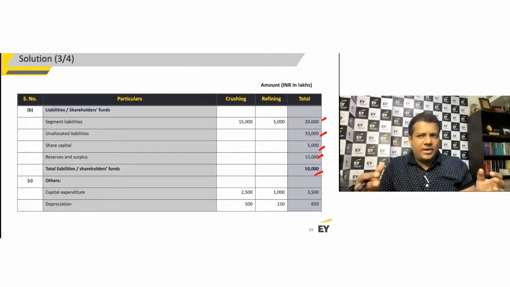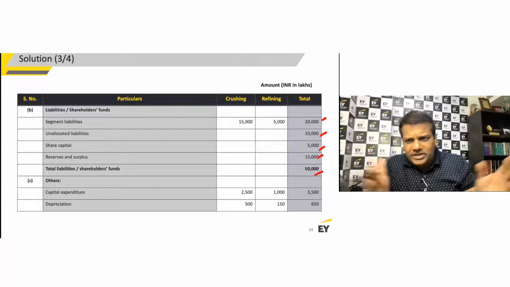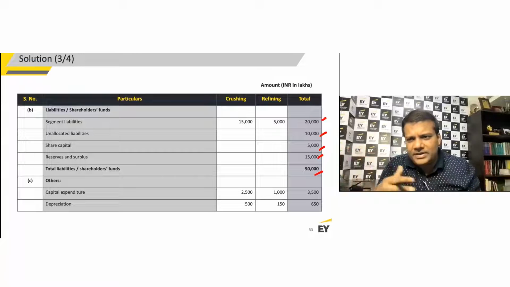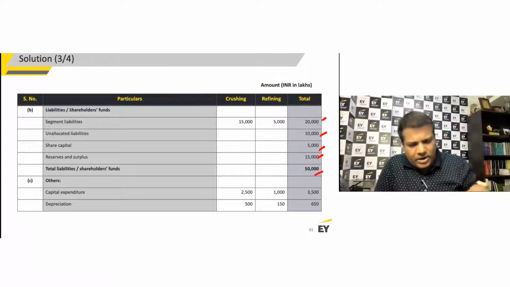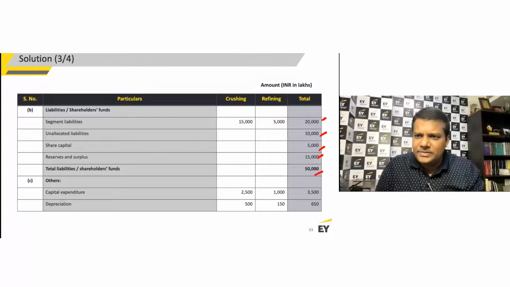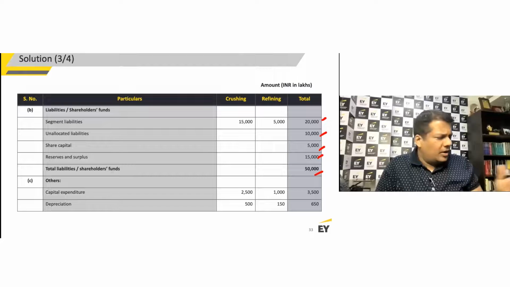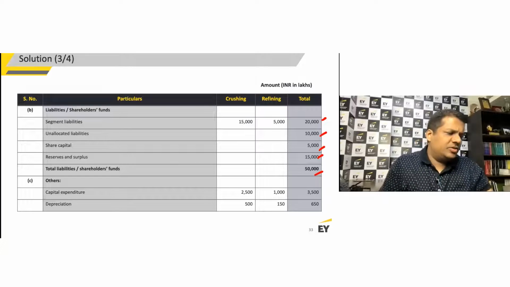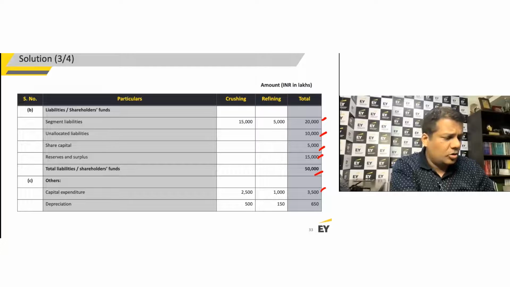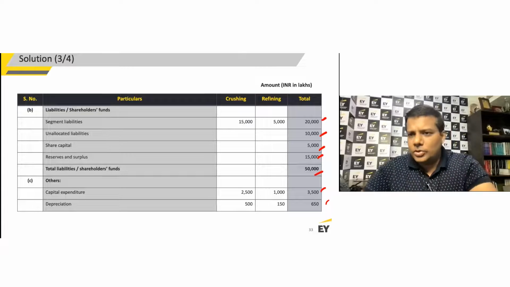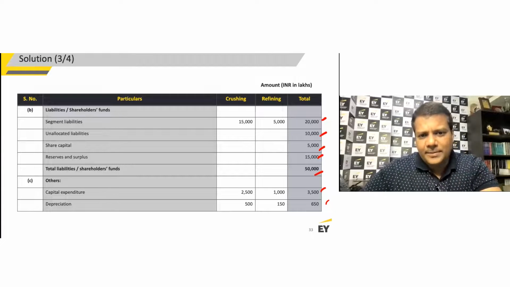And again, I would encourage you to look at a lot of disclosures made by a lot of companies as part of their financial statement. Pick up the annual reports of large companies. Just look at how all of this in a way is being reconciled. And of course, there's a lot of examples available in study material, and also is what we're going to share with you. Then there's some other information, which is capital non-cash and capital expenditure information also you got to provide. That also is in a way being captured here, right,